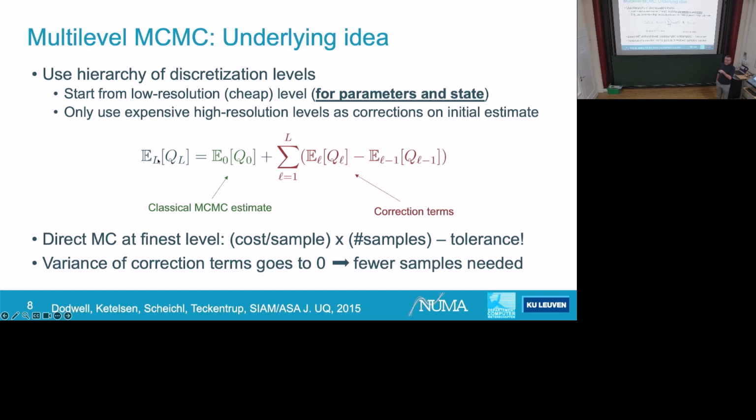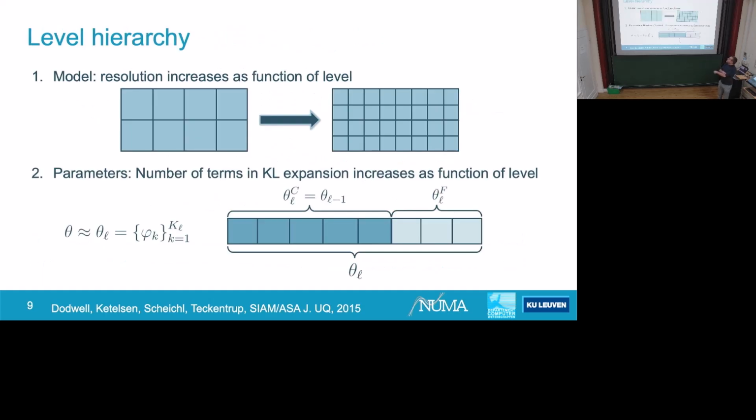And if the rate of decay of this variance is quick enough compared to the growth of the cost, you can get a cost of this multilevel Monte Carlo algorithm that scales with 1 over the tolerance squared, which is what you would have if you would be able to exactly evaluate your fine model, and you don't have to worry about the discretization. But of course you need a much more complicated algorithm to do that. Okay, so that's the situation here, but I didn't say yet what the levels are in our setting.